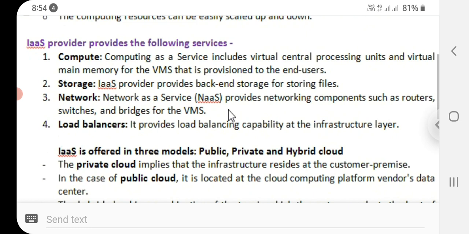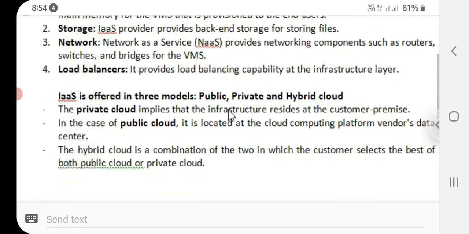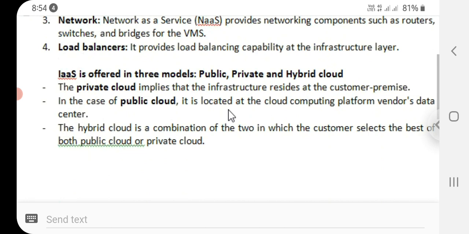Next one is storage. The infrastructure as a service provider provides back-end storage for storing files. Network as a service provides networking components such as routers, switches, and bridges for the VMs. Next one is load balancers. It provides load balancing capability at the infrastructure layer.